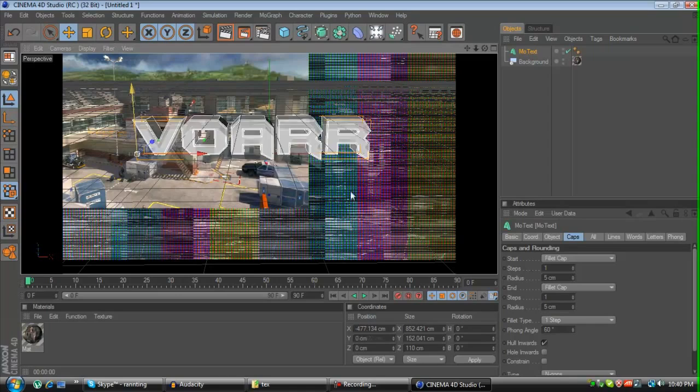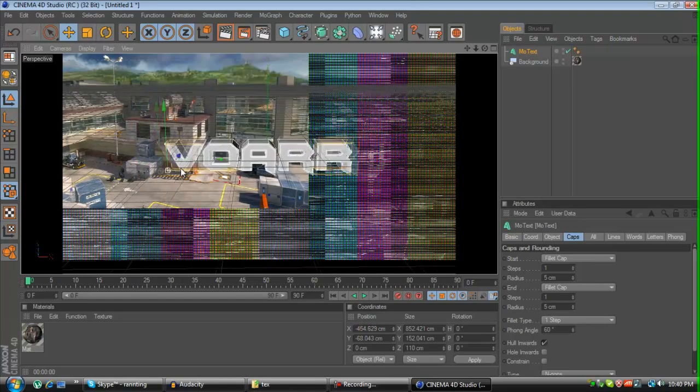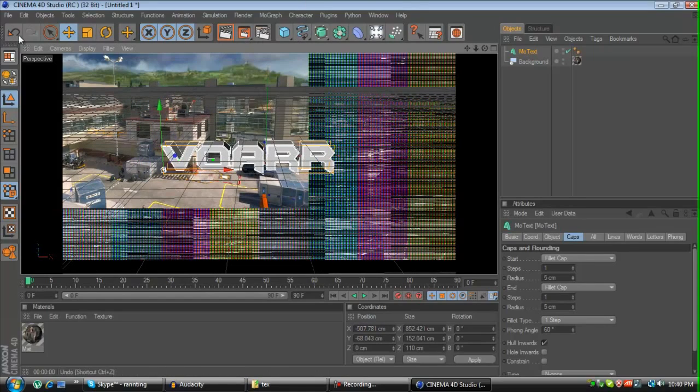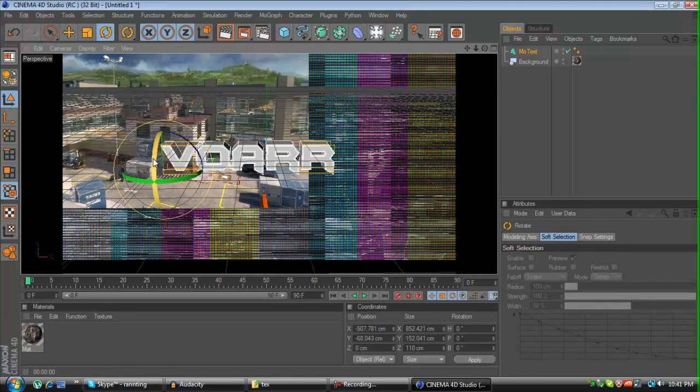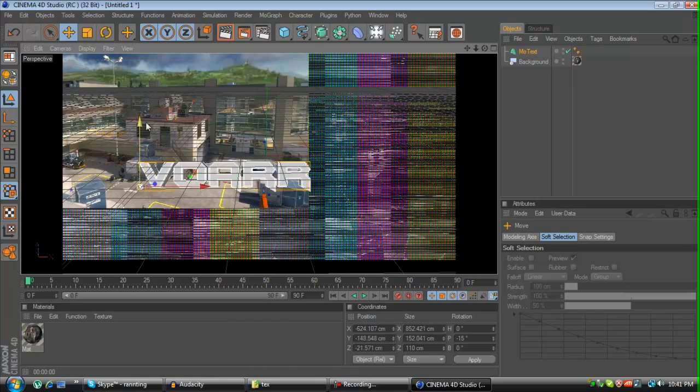What I usually do is find how big I want it, and for this specific picture, I want the text to be angling up towards the camera. So I hit this little rotation button right here, and I will just hold Shift and rotate it up towards the camera a little bit, and then I'll go back to this little cross right here. Once I find the place I want it,